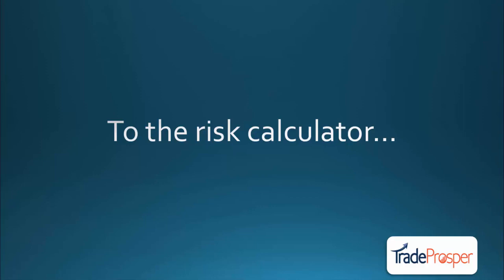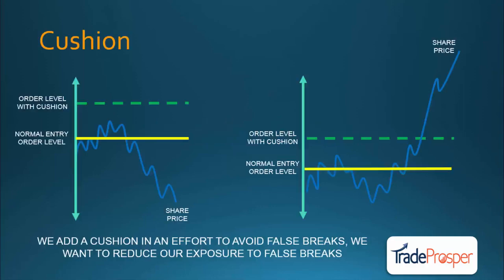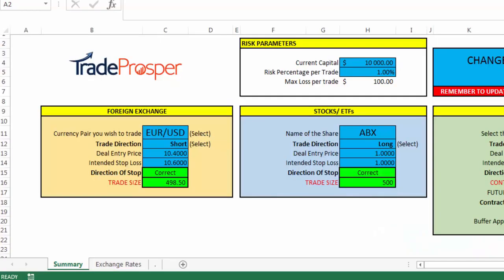At this point, I want to remind you quickly, you'll have access to this very same risk calculator in the supplemental section. And remember Mike spoke about the cushion, right? In other words, the amount that we'll add or subtract to the entry and exit levels whenever we transact in shares or commodities or whatever the case may be. I just want to remind you that the risk calculator we'll use already takes that into account. So when I put in the numbers of our entry and exit level, when it calculates the position size, it would have already assumed this position cushion. So it'll throw out quite a conservative number to that extent. Okay, so let's have a look.